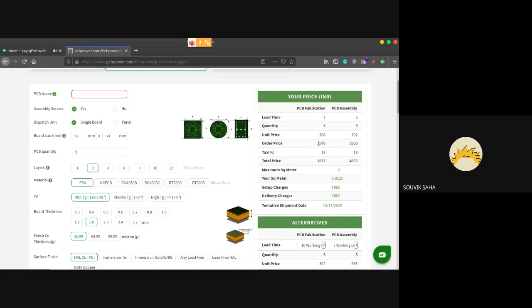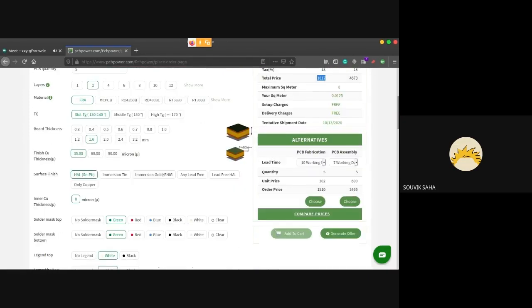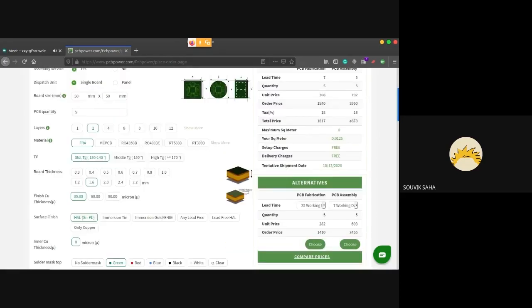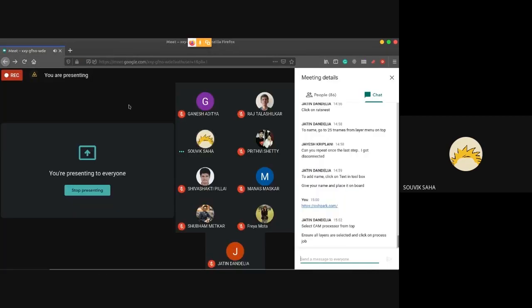That's around 1540, and including tax it's around 1817. If I say I want it in a longer time, suppose 25 working days, the price will reduce accordingly. Then it will be done in just 1410. So that's your choice on how to make PCBs.